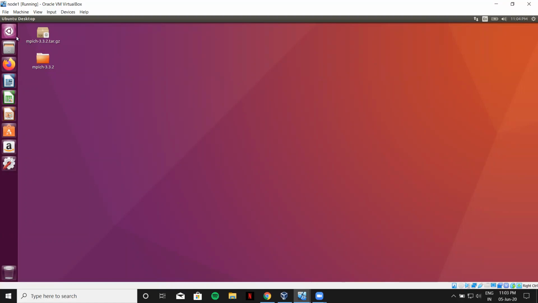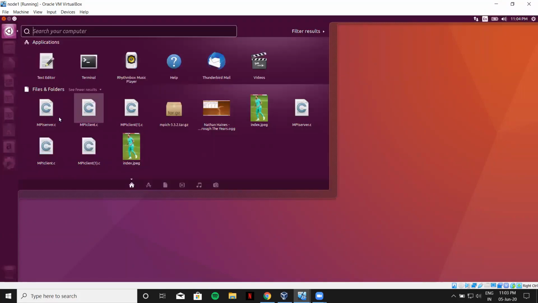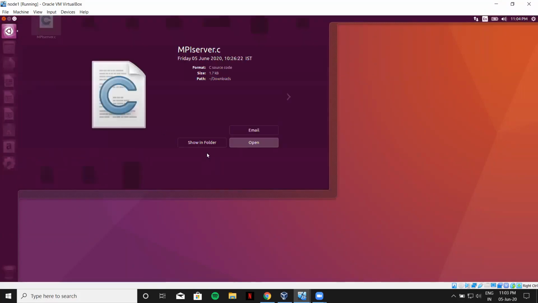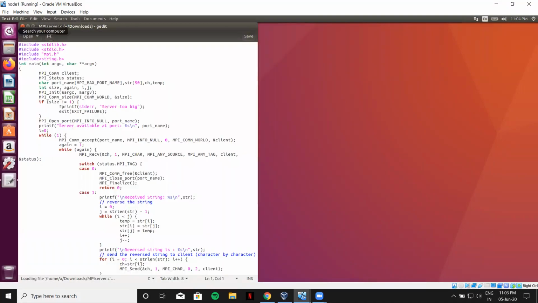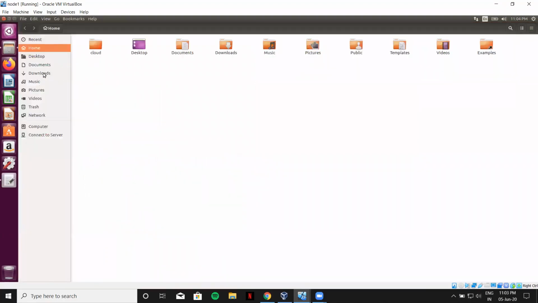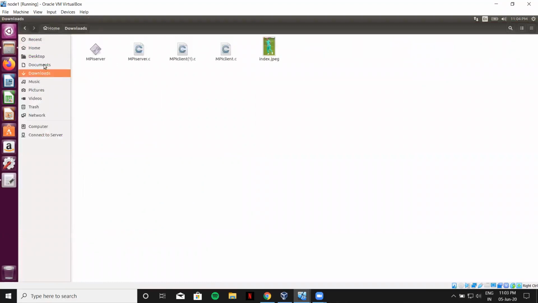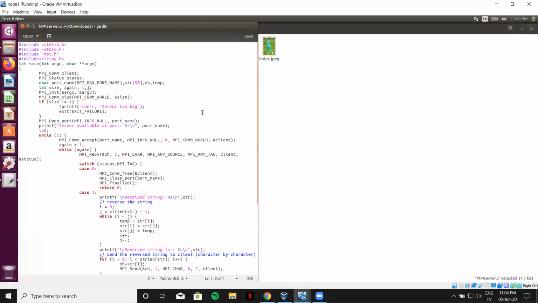Over to you, Varun. MPI stands for Message Passing Interface. We've installed MPI in both our systems. What MPI helps us to do is to utilize both computers' processors to act as a parallel multi-processor setup. What we had previously planned to do was build a physical cluster for the final review, but due to the conditions that is not possible, so we are continuing with the virtual one. What we have here are 2 files, MPI server and client. Now Mehul will take over.